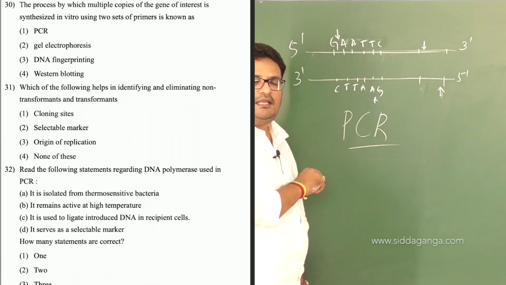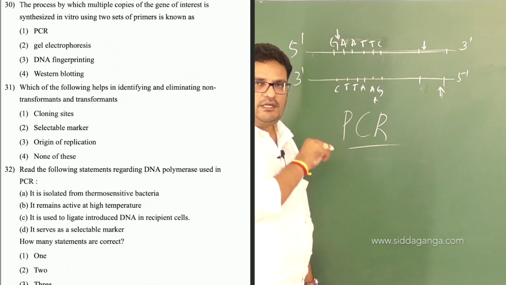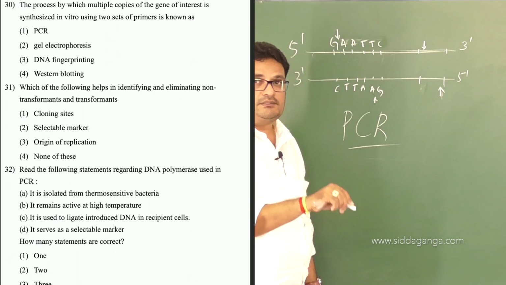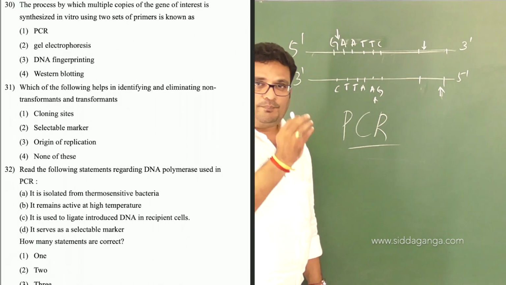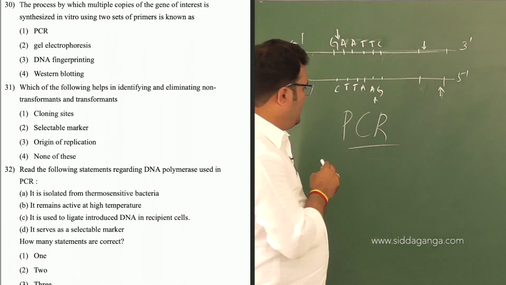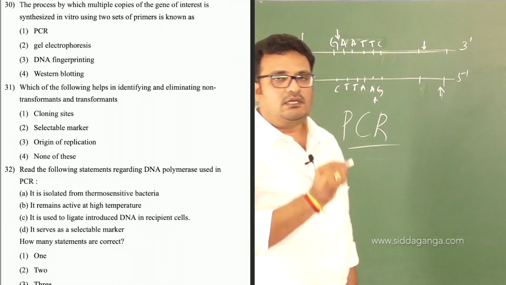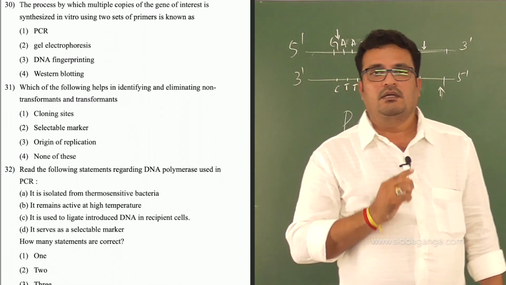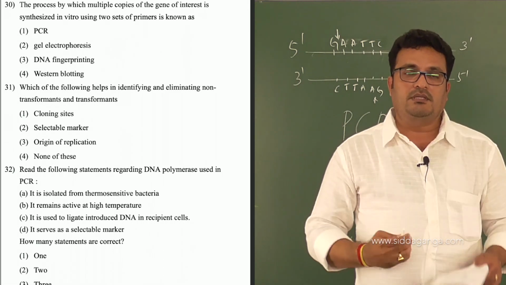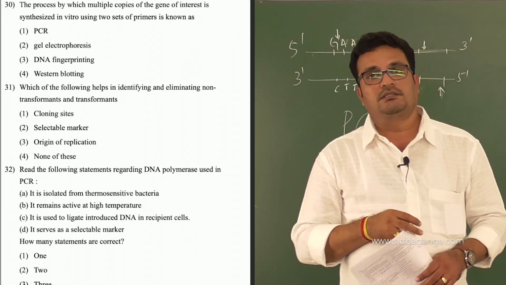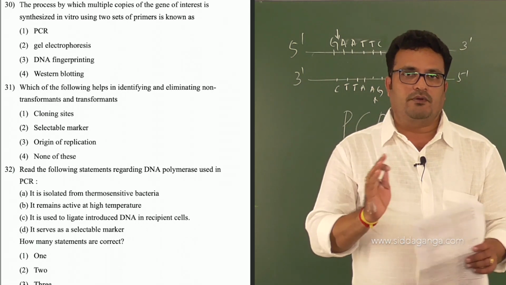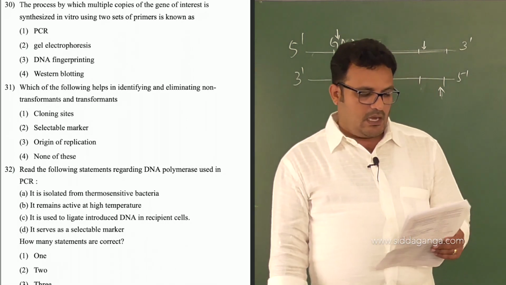Polymerase means that is the Taq DNA polymerase. It is needed to polymerize nucleotide sequences to obtain a polynucleotide strand, right? So that is a polymerase, that is the indication where the DNA gets copied. It multiplies, obtaining identical copies of the same gene on a large scale in vitro, that is inside the lab, outside the body, which is what we call in vitro. So here it is PCR. Next question.